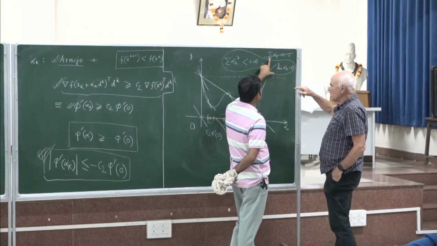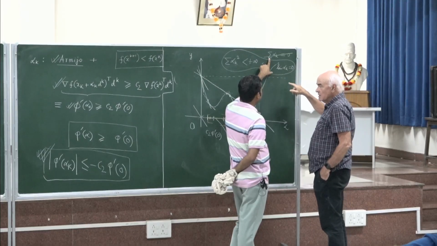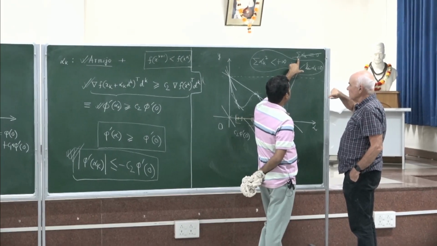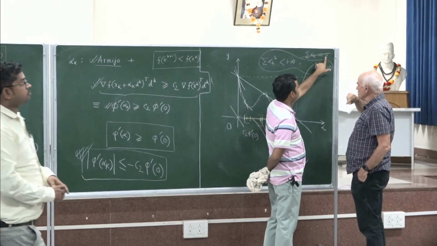So you need probably a sequence like 1 over k, but even 1 over root k will also work. Yeah, but that also has this infinity, right? Yeah. So this is